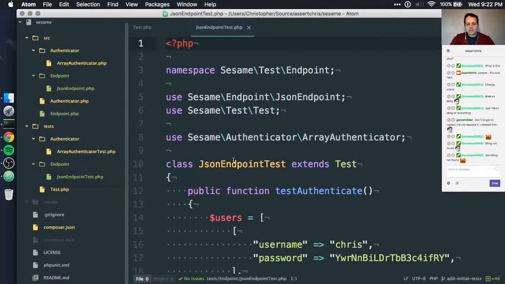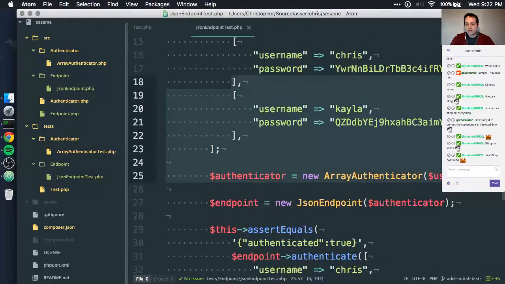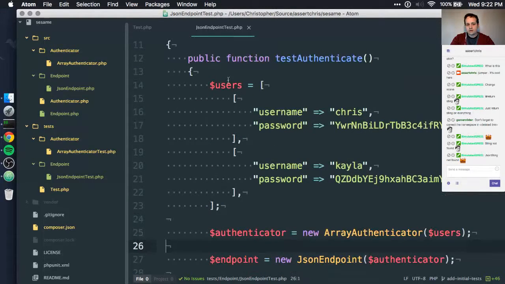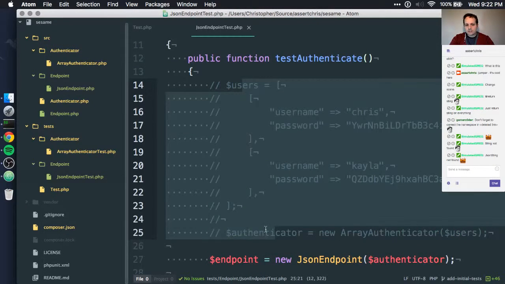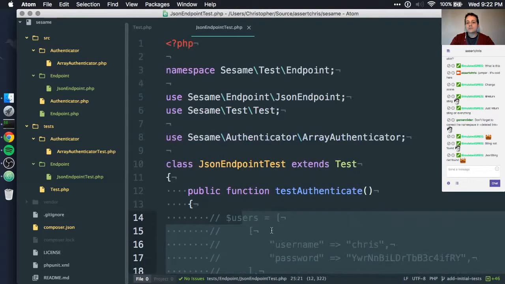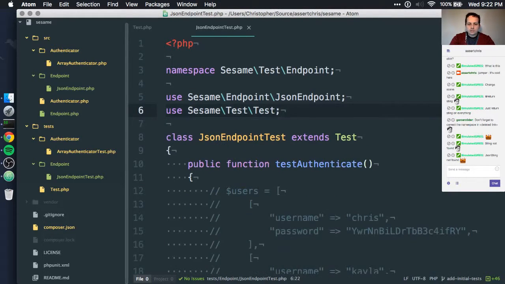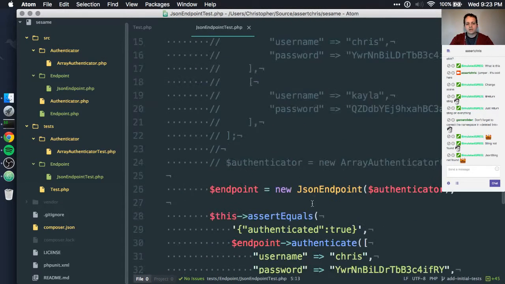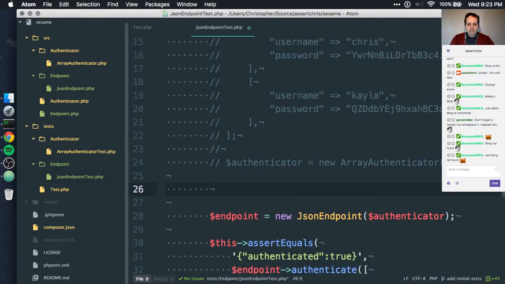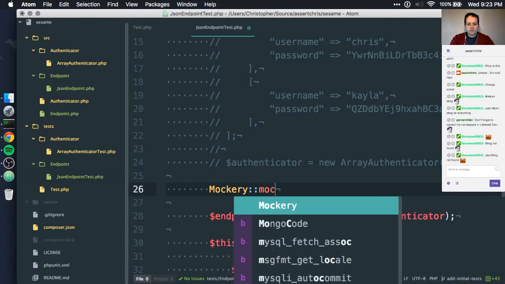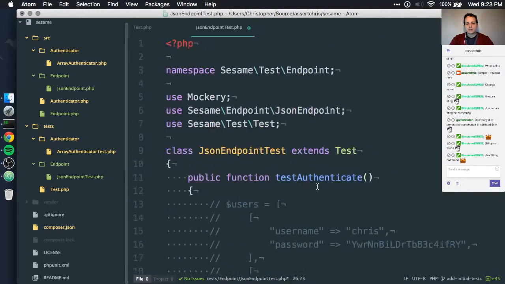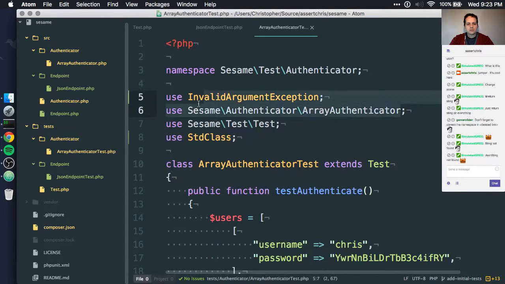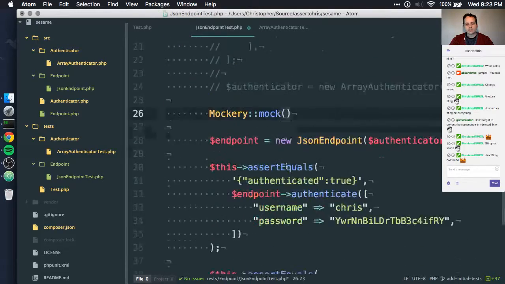Remember, because we're still doing functional tests, we're still creating an instance of a class we're not testing and using that as a dependency. Now, how do we start to use this? How do we start to use mockery to create these interesting objects I was talking about? Well, to begin with, we have to use the Mockery class, just like we did in the base abstract class that we create all our tests to extend. We do this, and then we say something like Mockery::mock, and we tell it the name of the class we want to mock. So in this case, it's going to be this class here, the array authenticator class.